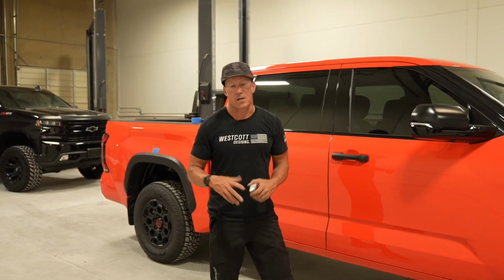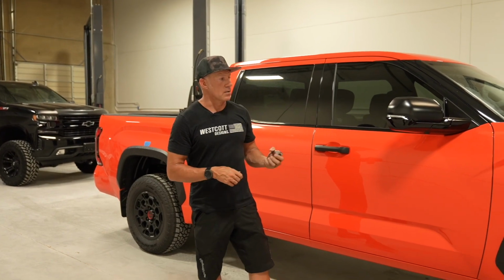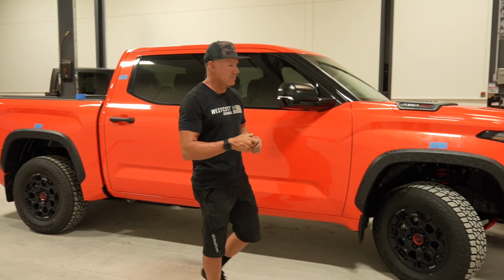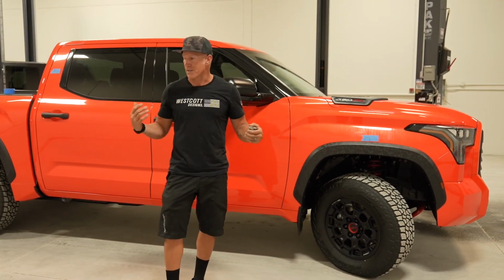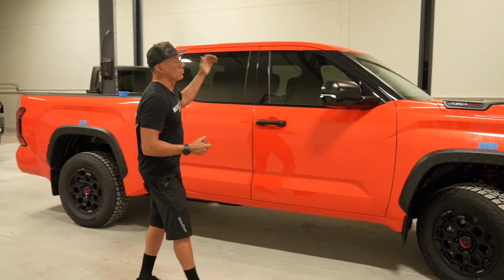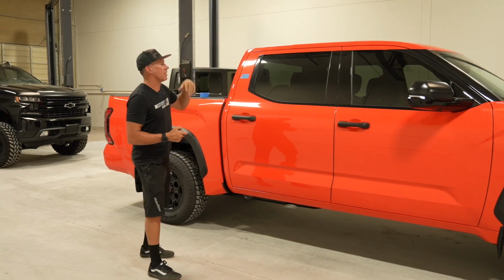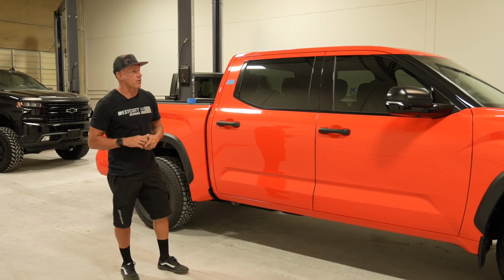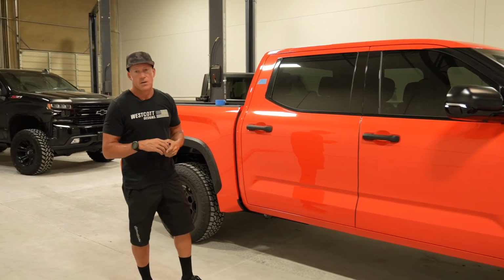So we're talking about this TRD Pro again. We posted up a video yesterday on it. A couple other things. People asked how tall it was in the front, stock. People asked how tall it was to the top of the antenna, stock. We had talked about taking this truck and trying to keep it under that 79 inches, which we know now